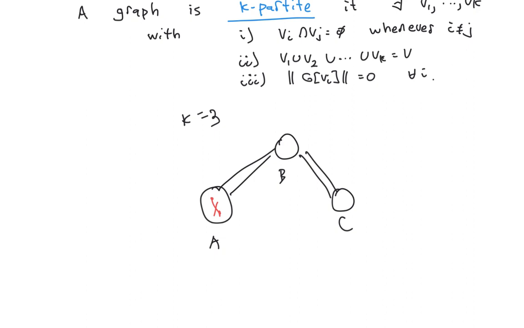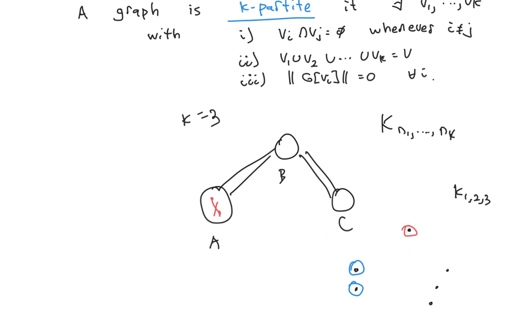And yes, this does mean it's possible to define a complete k-partite graph where you're specifying the size of each of the vertex sets, and that would mean that you do not have any edges within a part, but anytime you have two vertices in different parts, you would have to have an edge. So for instance, if I wanted to draw K_{1,2,3}, I'd have a part of size 1, a part of size 2, and the remaining part has size 3, and then the rule is